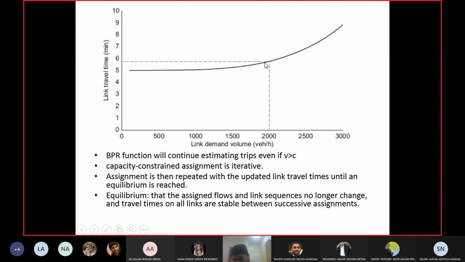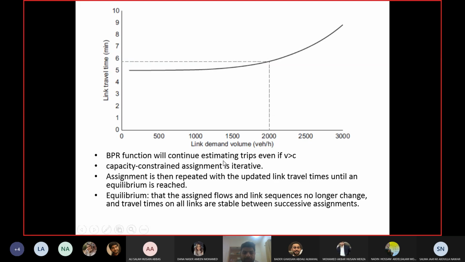Okay, so then you will put the new travel time on the link, and then you will see which one is the shortest path now. Okay, the BPR function can work. So you can see there is no limit to this line. This line can keep on increasing. Okay, but we know that volume should not be over capacity. So whenever volume is above capacity, you have to stop there. You cannot assign more trips to that link.